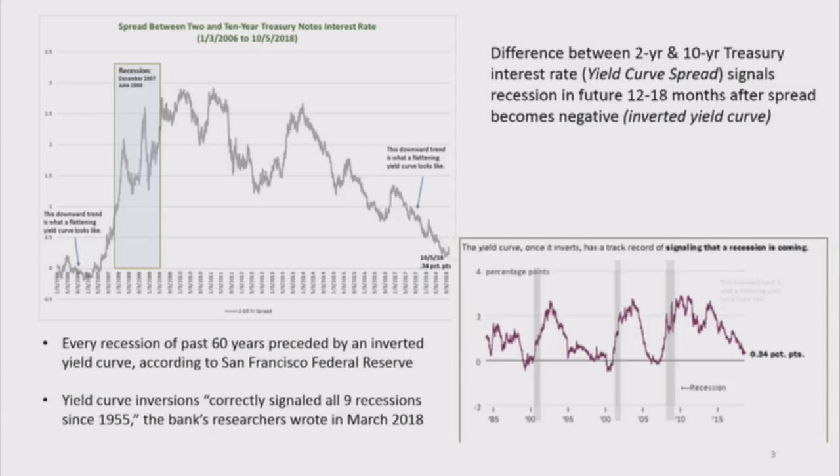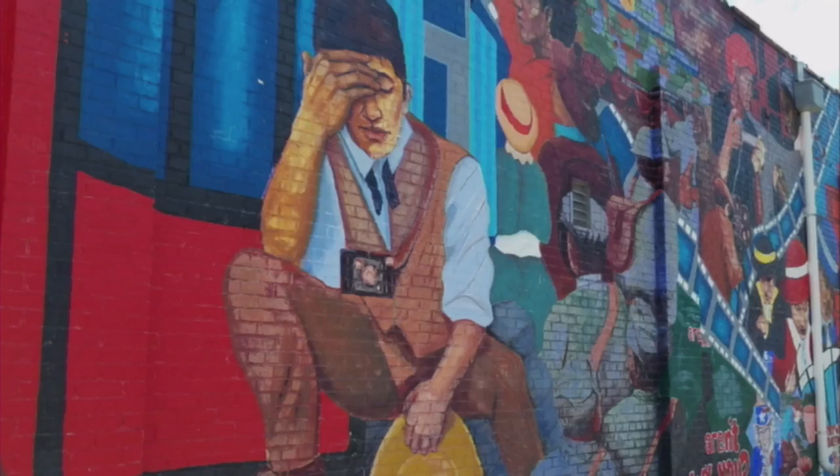By the way, here's since 1985, and each one of these grays is a recession. So there is an inverted yield curve, there's an inverted yield curve, there's another one. So it's time to make some plans. It's also been about 10 years since the recession occurred, and the normal business cycle has a recession every 8 to 10 years. So just a little art to keep things lively here. It's from our murals in downtown.